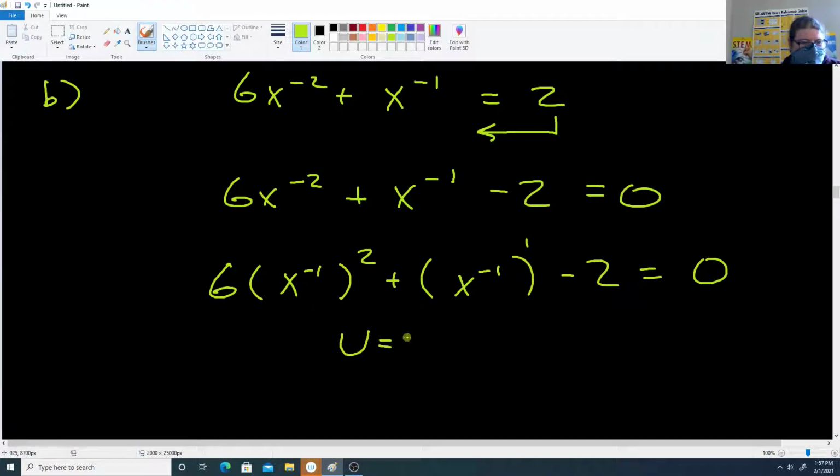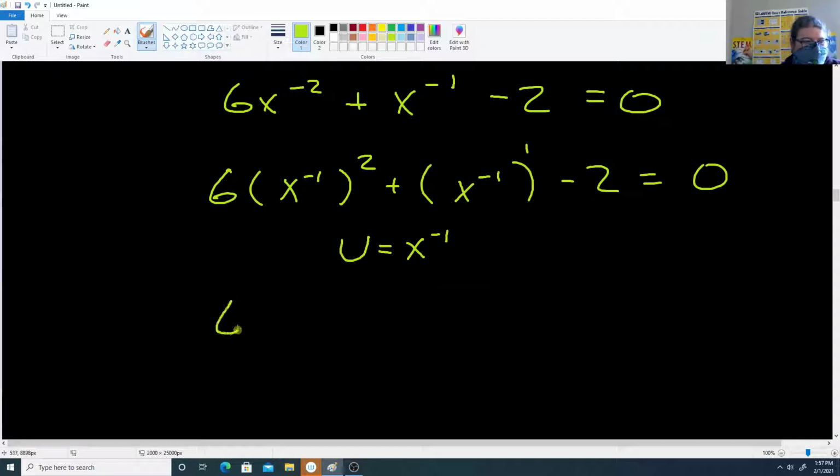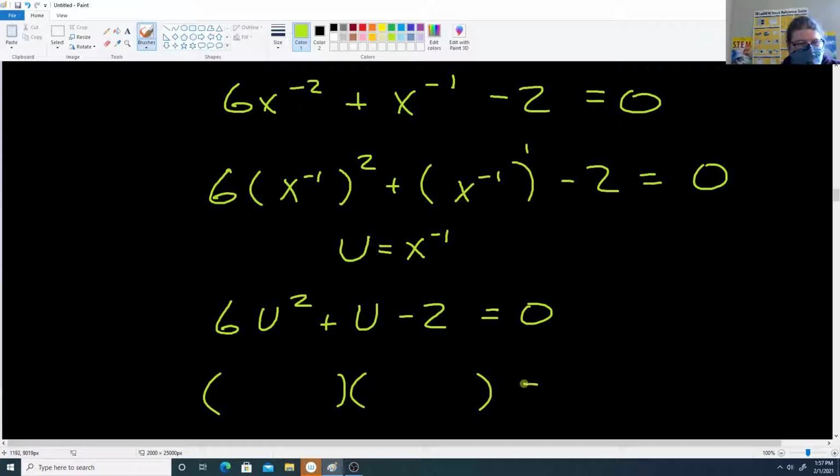So we're going to let u equal x to the negative 1. Then that equation becomes 6u squared plus u minus 2. So I just replace the x to the negative 1 here and the x to the negative 1 here. I replace them with u's. So now I need to try to factor this result,